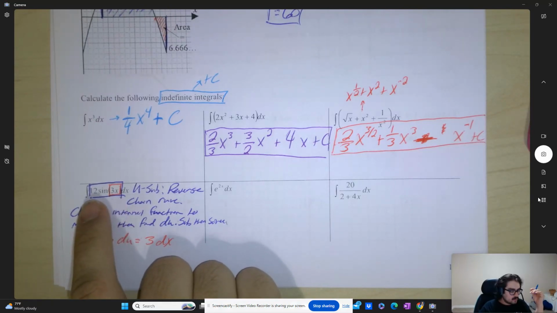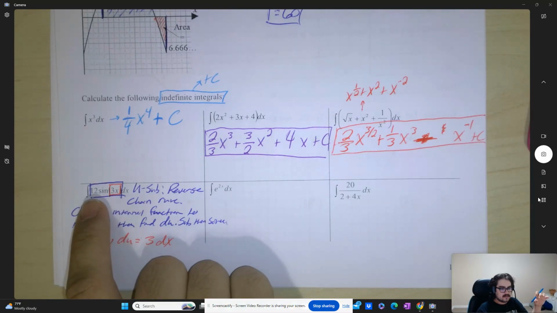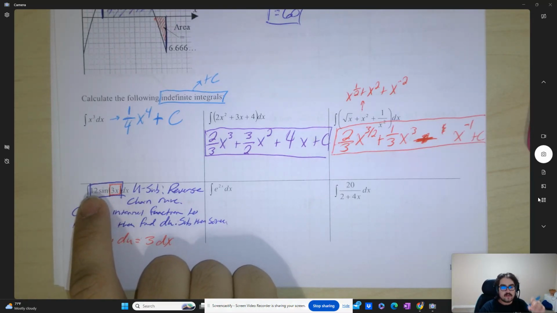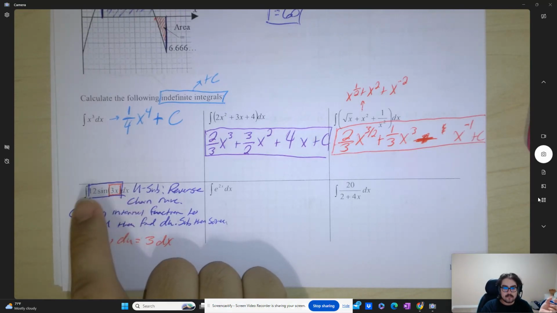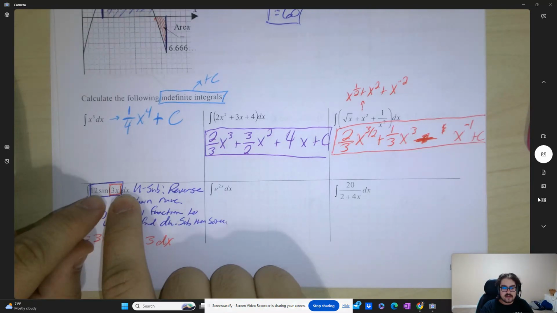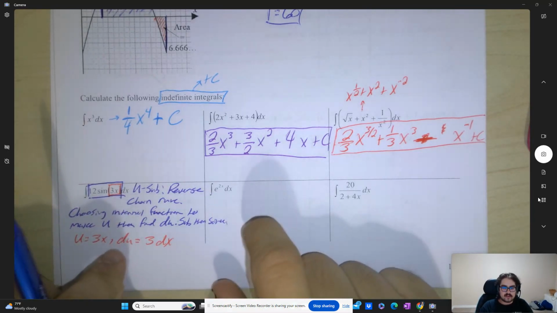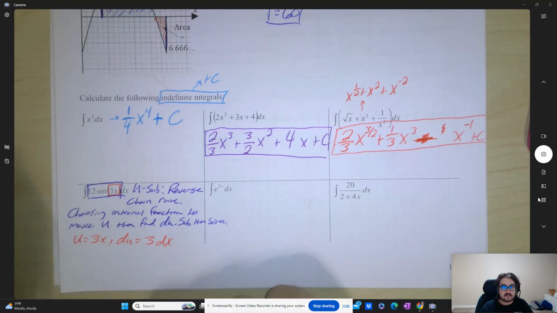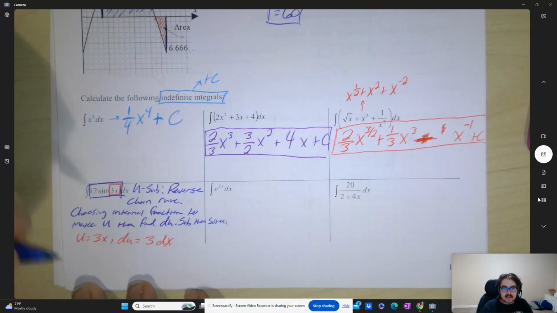Inside the integral we want there to be 3dx, but we currently have 12dx. So if I factor the 12 into 4 and 3, and I take the 4 out of the integral, which you can do, then I end up getting